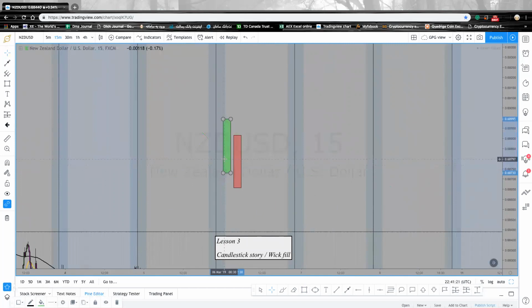So let's say price went all the way back up, went further. Price came back up and then went a little low, went back up again, and then